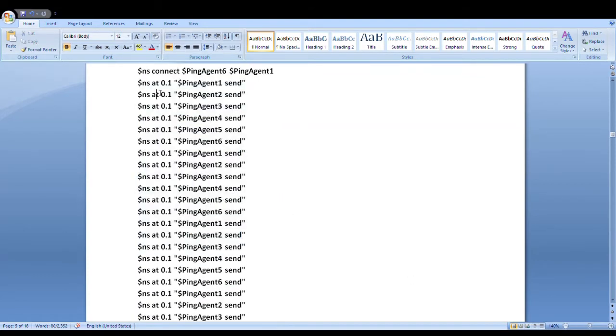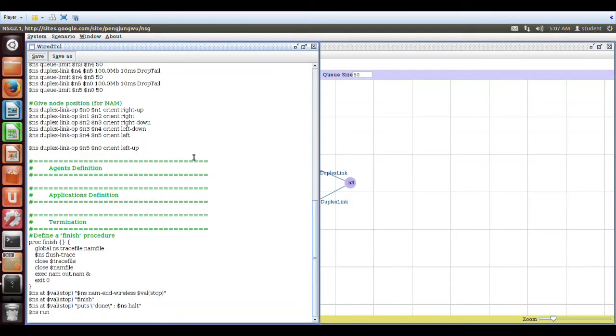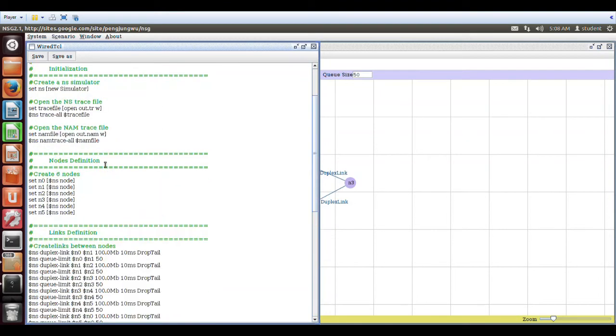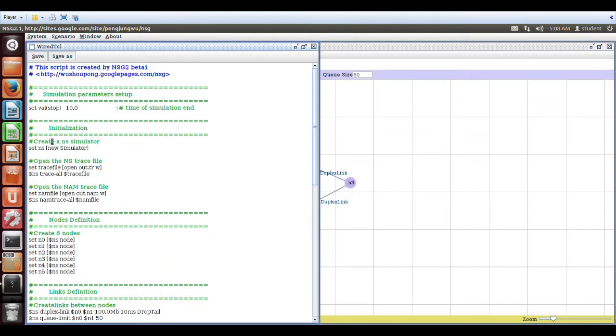Then you have to set the duration at which all the ping agents should send the packets. So you can directly fill all those here in the agent definition and the application definition and initialization just before this simulator. That ends program 2.